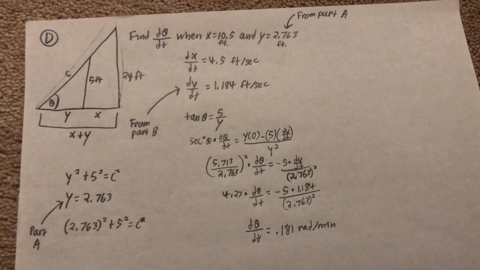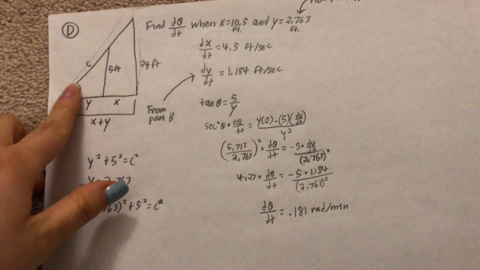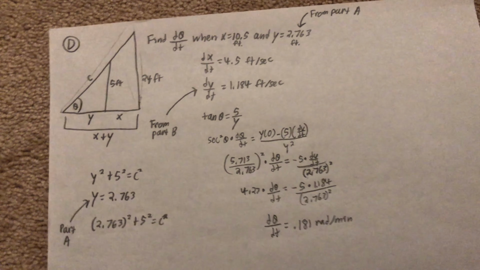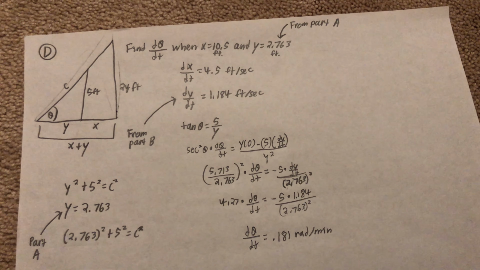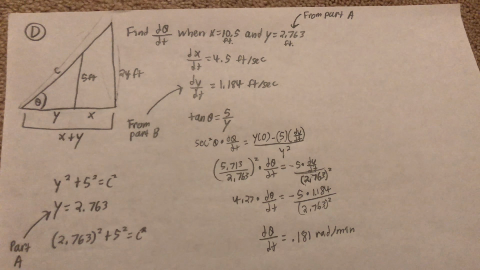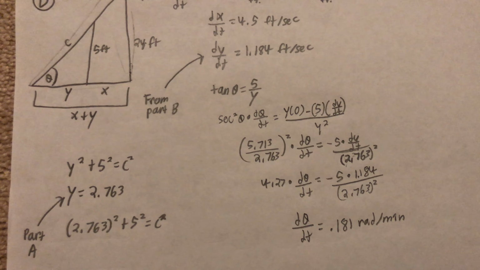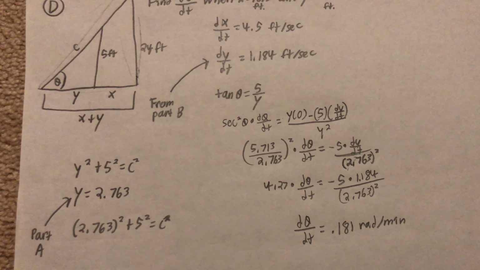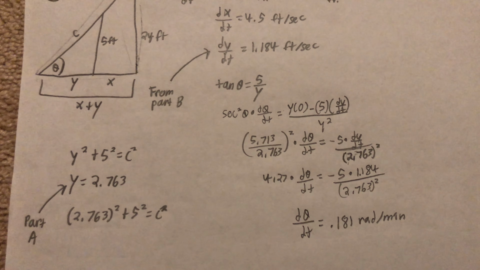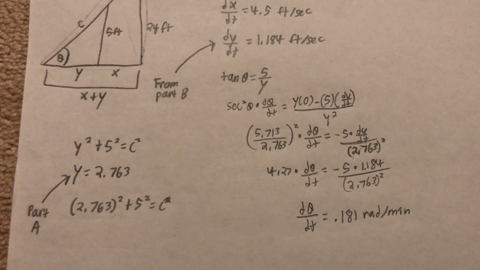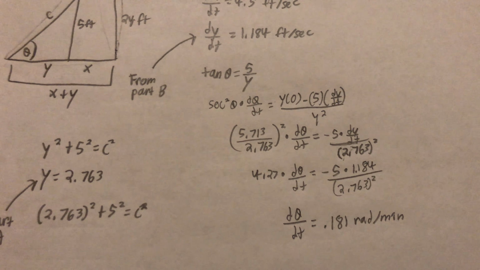Then we set up an equation. We use tangent of theta equals y over 5, because we're trying to find this small triangle, and then we find the derivative of tangent of theta, which is secant squared of theta. For secant squared of theta, we can just use the triangle here, since 1 over cosine squared of theta is secant squared of theta, and cosine is adjacent over hypotenuse, so 1 over cosine squared of theta would be hypotenuse squared over adjacent squared. So you just solve for c here and plug that in for the top value,